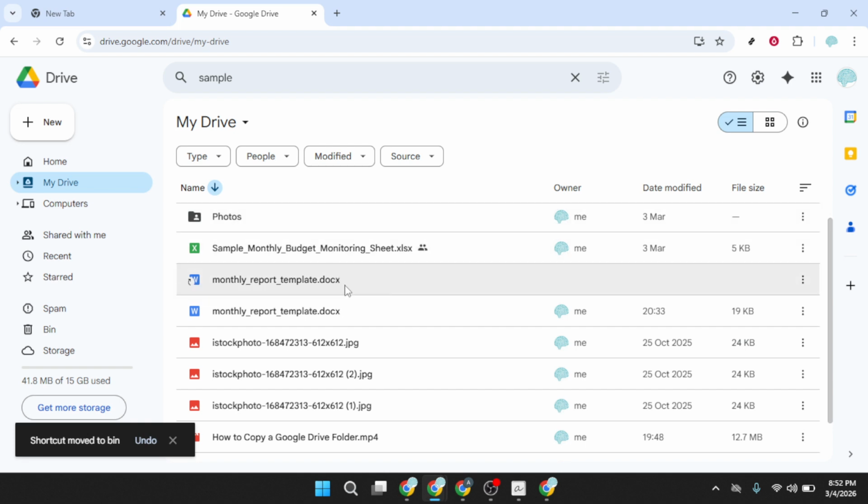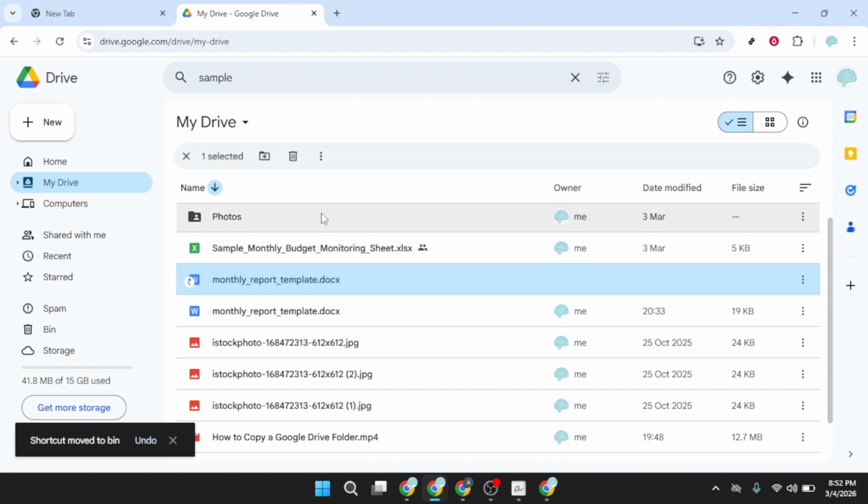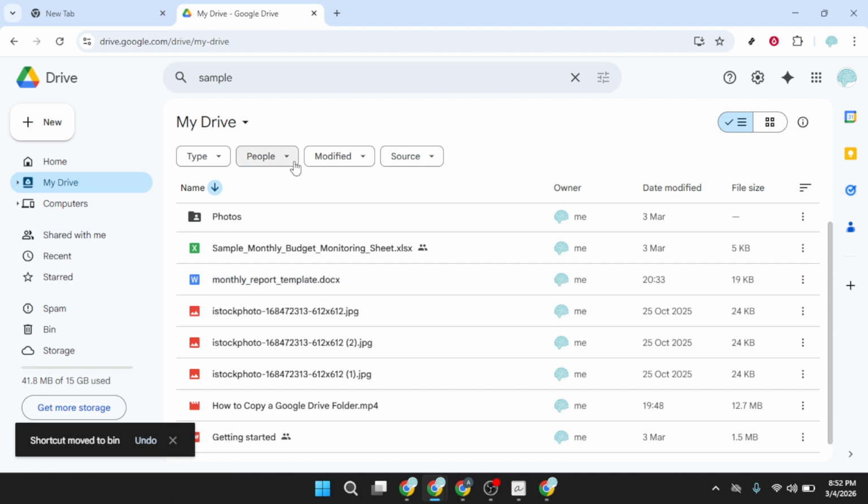If you change your mind, you can quickly undo using the banner that appears at the bottom of the screen, or open your trash and restore the shortcut from there. That's it. By spotting the arrow icon and using the trash button, you can quickly tidy your drive without